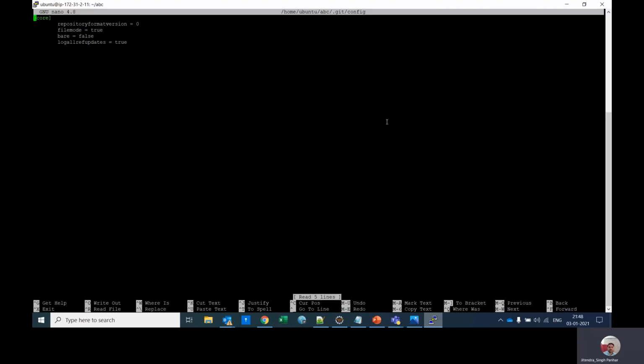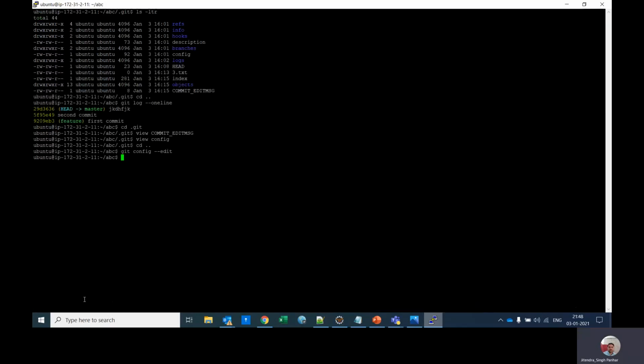Okay, this is the editor, control X. By using that we can configure, we can add, or the simpler way is git config, sorry, git config